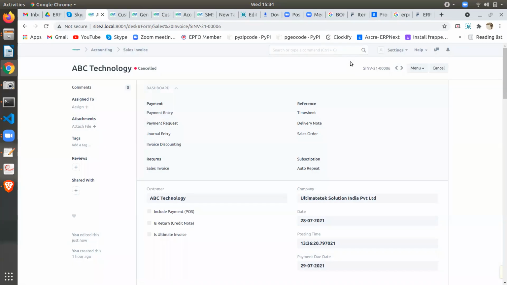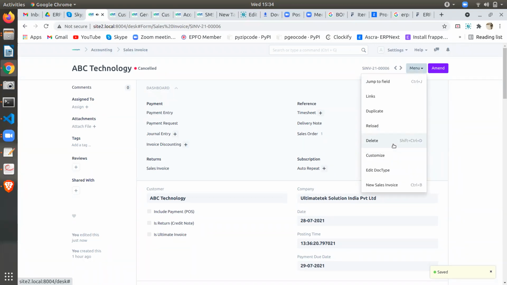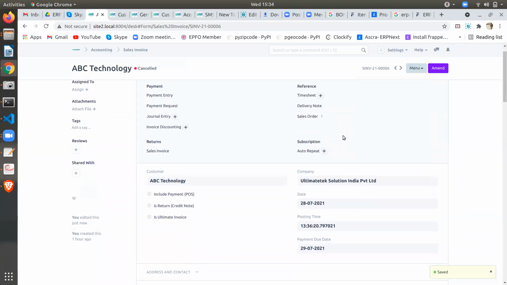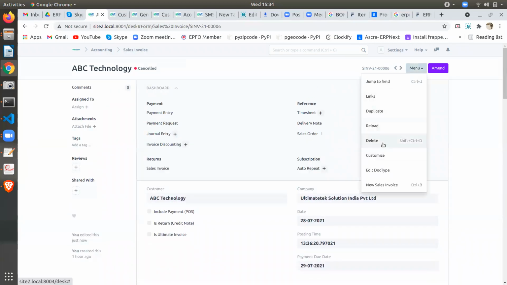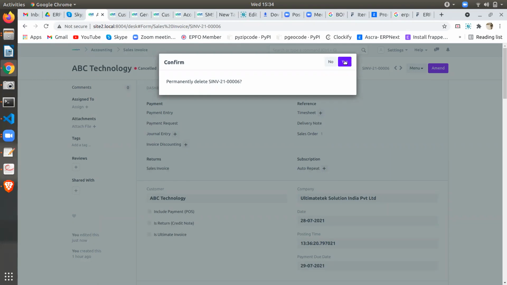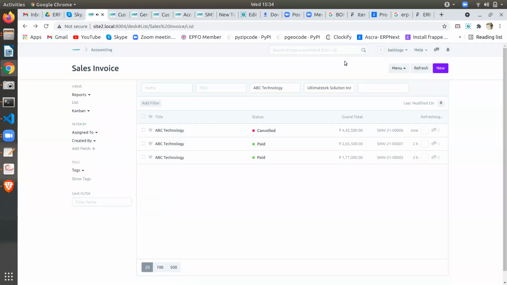Okay. It will allow us to delete, but it will throw some errors if the transaction has already happened. If it is not there, cancelled means it will be there. No? Let me try it because I have not deleted this. Yeah, it is deleted, I think. The payment has not been made for that one, no? So that's why we deleted. And also maybe the stock will come back to the normal screen.